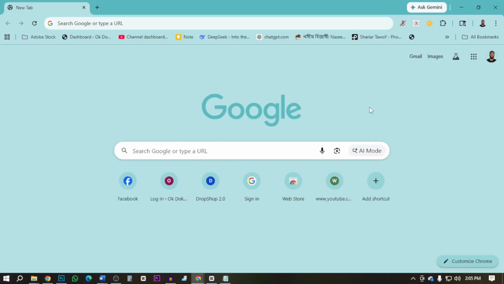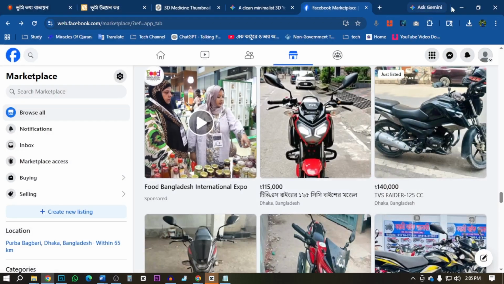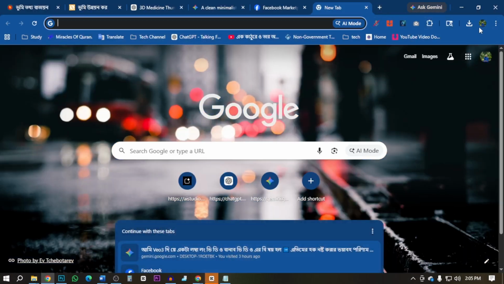In this video, we are going to learn how to add a Chrome profile in the Google Chrome browser. So if you want to do that, first of all, open a browser, like opening this browser, and after that you can see here is a profile icon. Click here. If you set up a new browser, then you will see a sign in option or add profile.